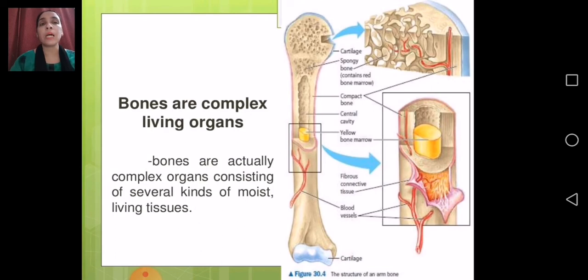Now bones are complex living organs. Why is it so? Bones are actually complex organs consisting of several kinds of moist living tissues. Here, with moist living tissues, I am going to talk about cartilage, as well as ligaments. Now, what is cartilage? Cartilage is